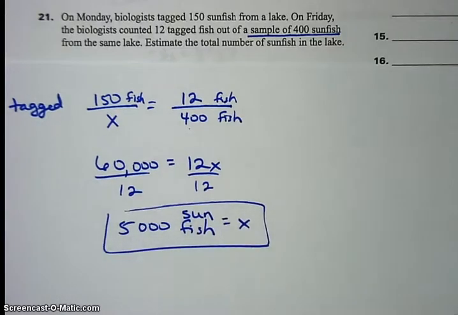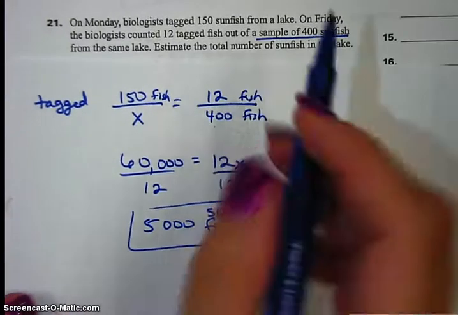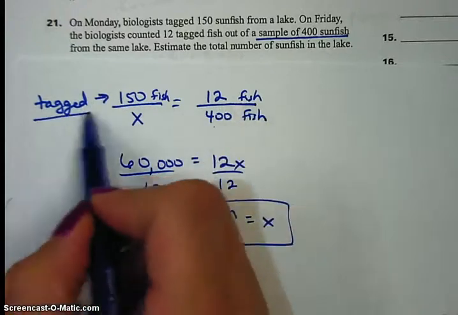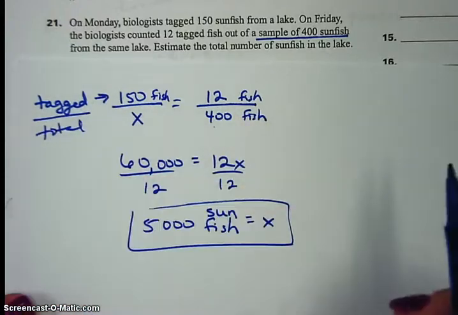Okay, so that's a proportion. Now there's other ways you could have set that up. That's just one possible way, as long as your units match. So on top I put tagged, and this on bottom is my total. Okay. All right, number